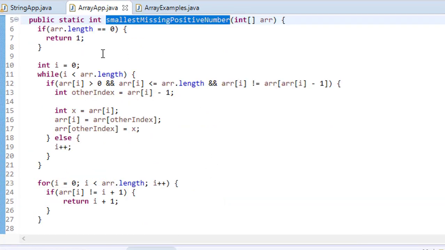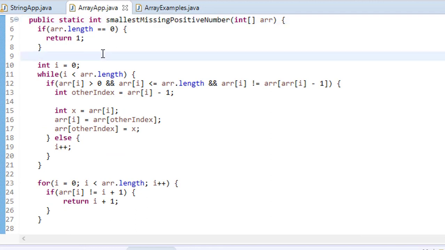Now here I'm checking the negative test case. Let's say your array length is 0, so there is no such array. In this case, either you can return -1, if you want, or you can say that since there is no array, the first missing positive number is 1, because we are starting from 1. So it could be 1 as well, right? So this is what we have now.